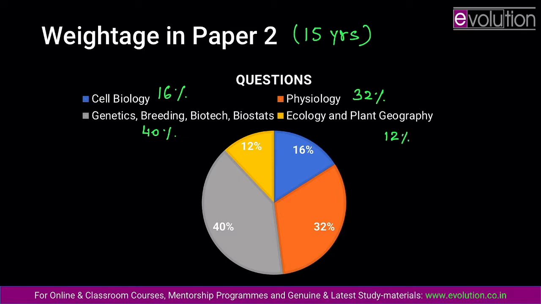So that is the weightage that has been given to different parts of paper 2, and here we are right now going to look into cell biology, which gets 16% weightage. When we talk about 16% weightage, it means cell biology minimum gives you 40 marks of questions, and there have been years when it gives you up to 60 marks of questions out of 250. So the year when it has been given 60 marks, the weightage goes up to 25%, but that has not been